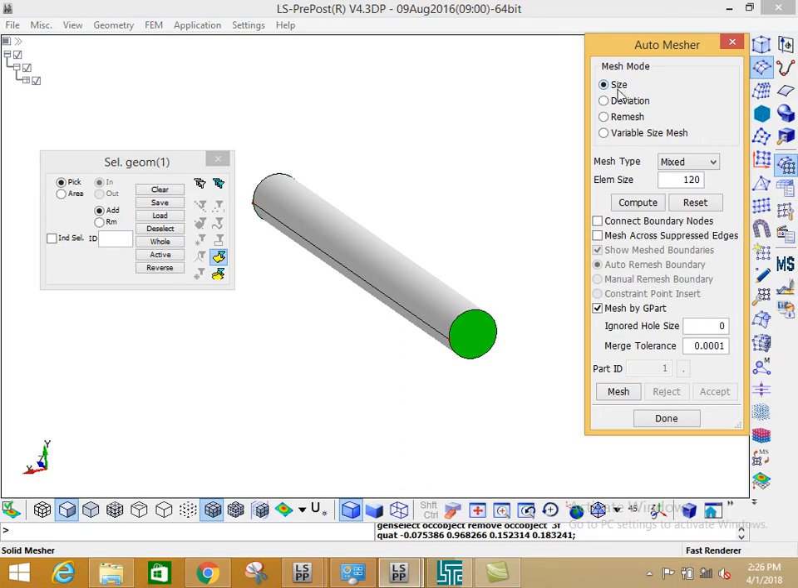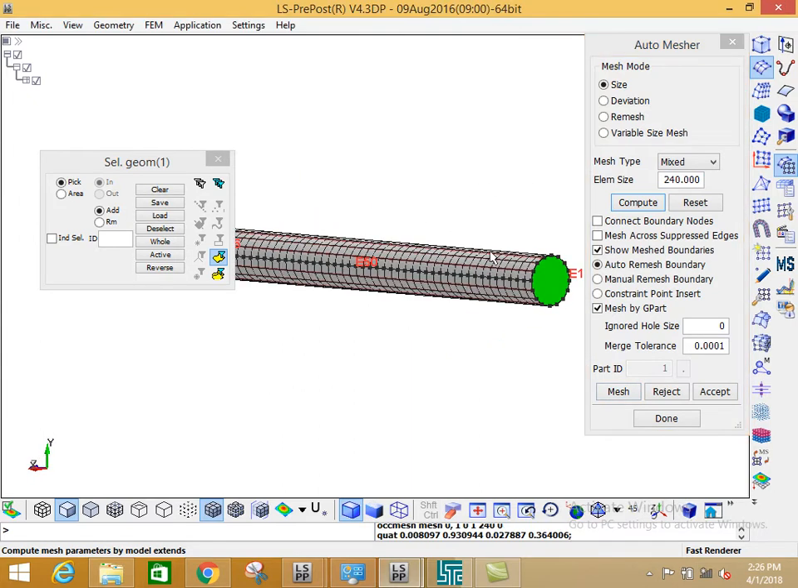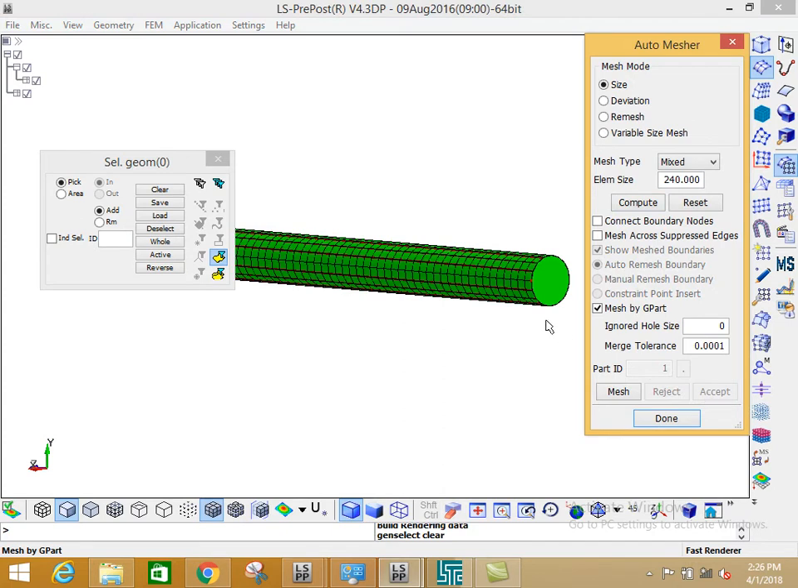Okay, here you have many options, but for the basic one we go to the size, compute. This one, the software, again it will calculate how big the suitable size, and then click on mesh, and now you have this one, and click on accept. So now you have,